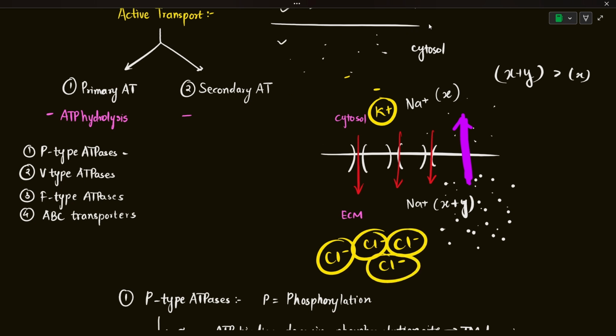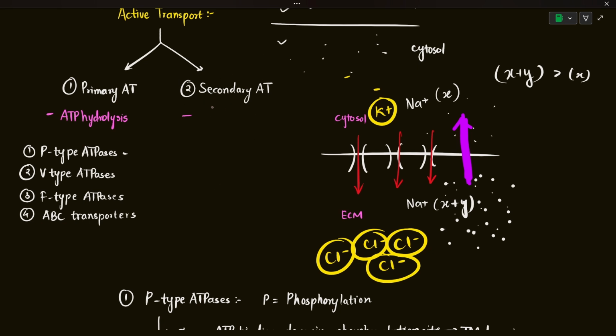So what does the cell do? The cell just finds a better way. It moves the sodium ions down the concentration gradient. Doing this will release energy because it is an exothermic reaction. So whatever energy is released, it will use that energy to move the chloride ions against their concentration gradient. Let's say that the concentration was low outside the cell, so it will just move the chloride ions towards the extracellular matrix, right? So this type of active transport is known as secondary active transport,